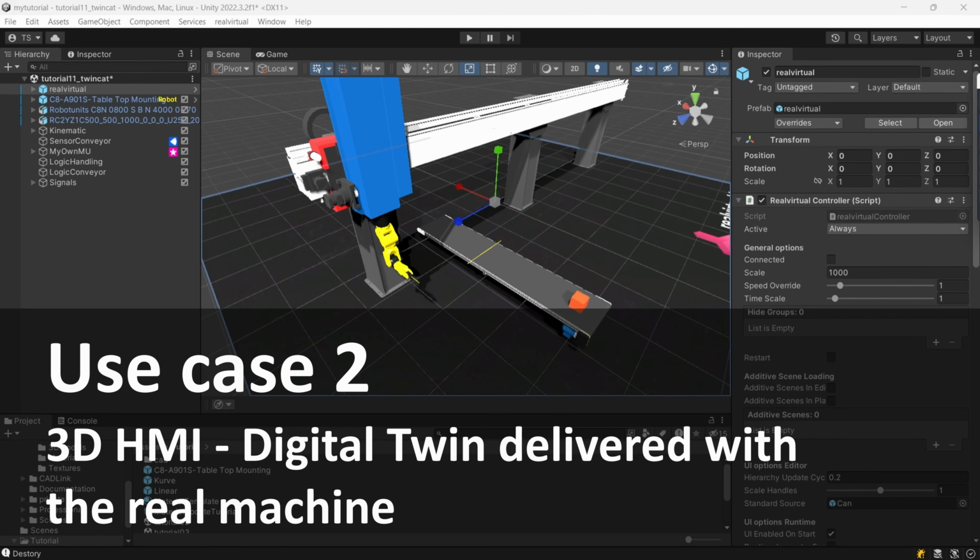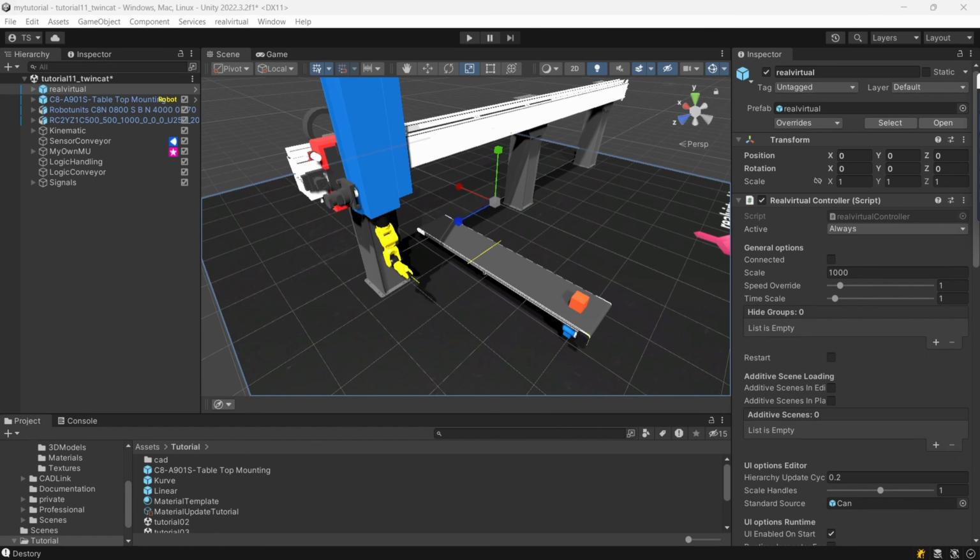Another use case where I see a lot of potential for the future is to provide a 3D HMI, as I call it. So to provide a 3D model with the real machine, and because Unity can be compiled to any of the destination platforms like Windows executables, iOS, Unix, or WebGL, you could deliver this digital twin as a machine builder with the real machine for providing the user better understanding and more location information, for example